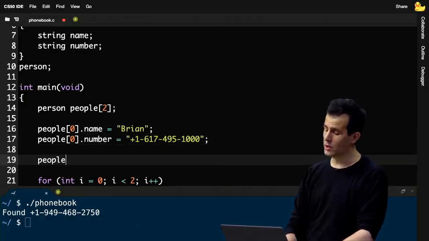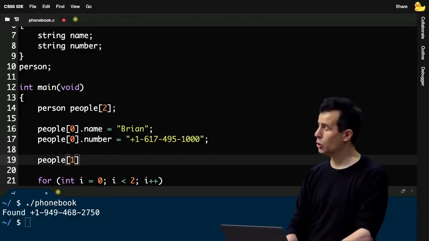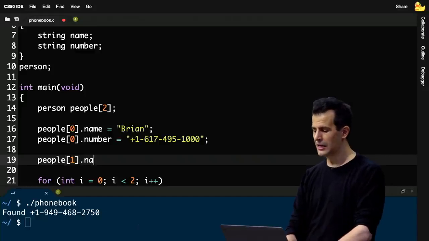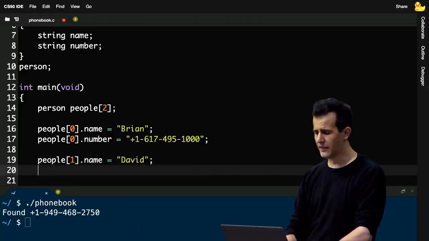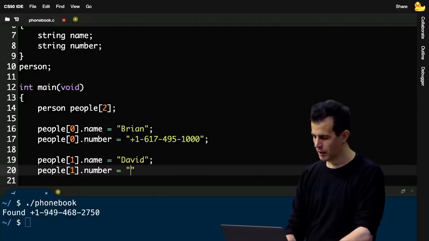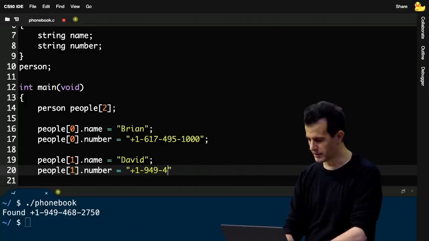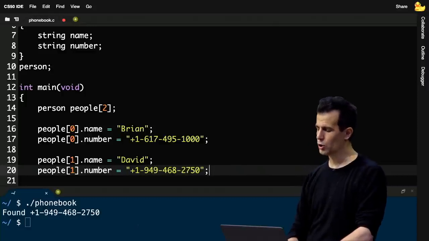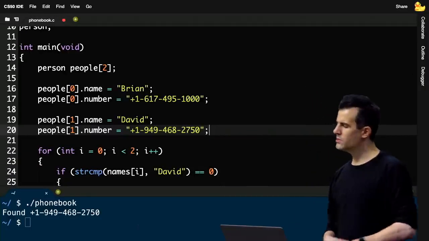Meanwhile, if I want to access a location for myself, I'm going to put it in location 1, which is the second location. Name will be quote unquote David. And then over here, I'm going to do people bracket 1 dot number equals quote unquote +1 949 468 2750 close quote semicolon. So it's a bit verbose, admittedly,